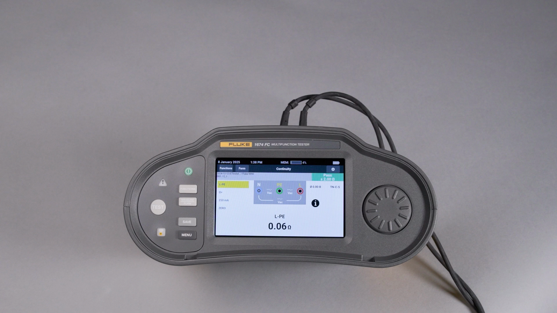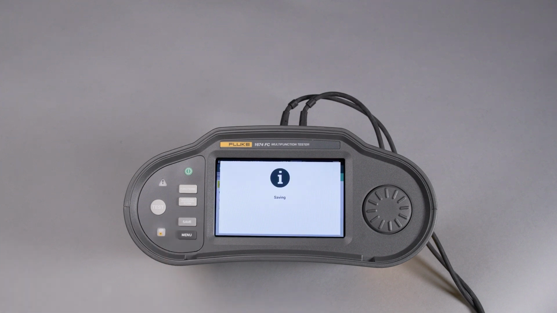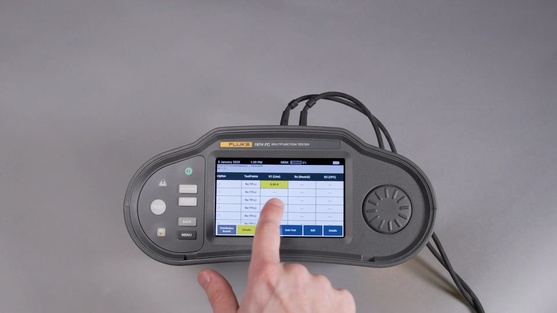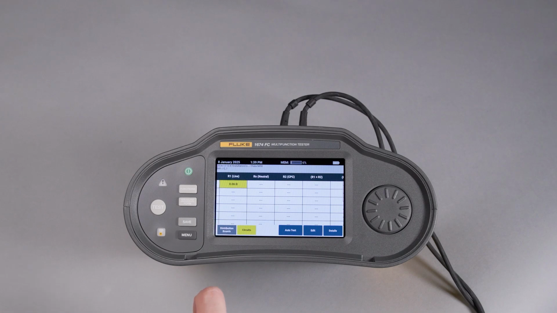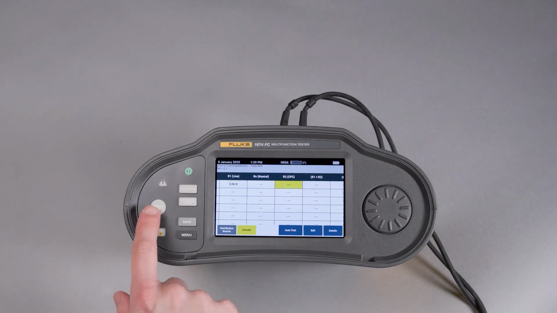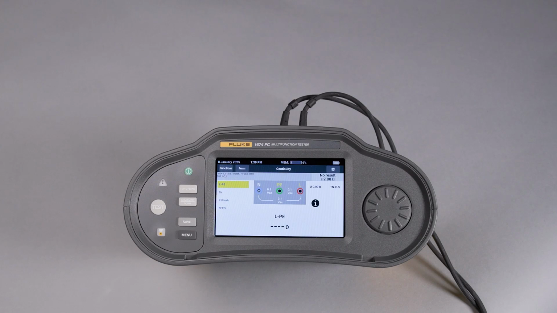When the measurement is complete, we'll not only see our results, but we'll see a visual pass-fail indication here on the upper right based on the limits we set earlier. Then we simply hit save, and it populates the form we were just looking at. Continue the same process for the other measurements associated with that circuit. The nice part about this table view is that it gives you an at-a-glance way to see which measurements may have been missed during testing or which measurements failed to meet the specified parameters.